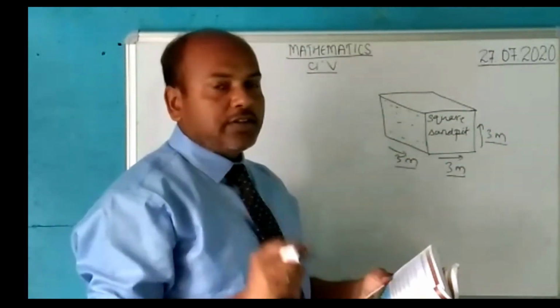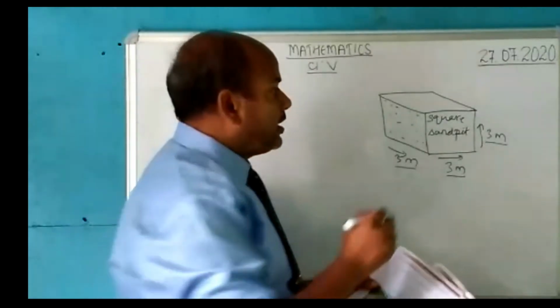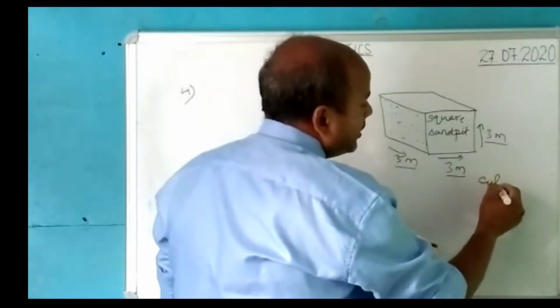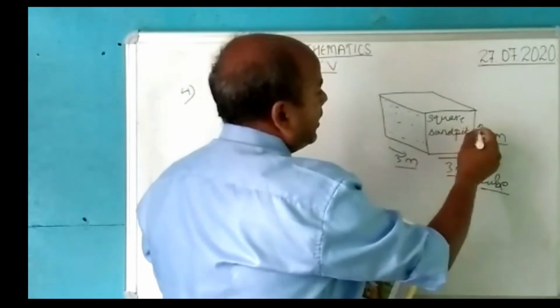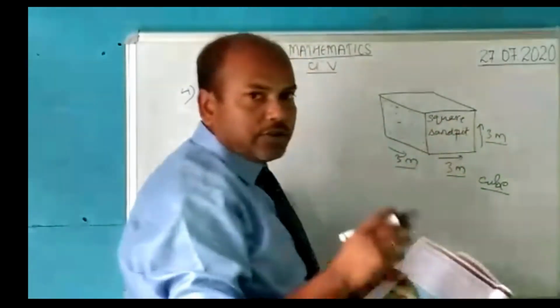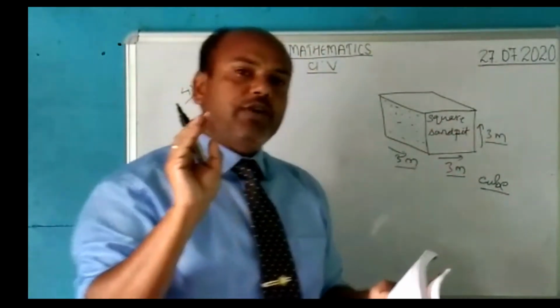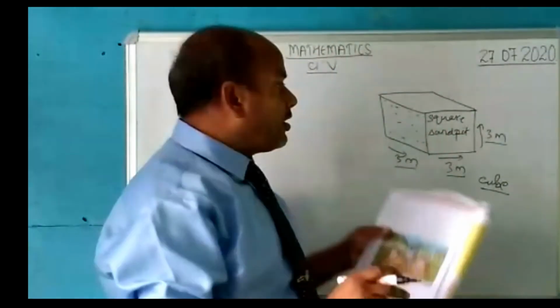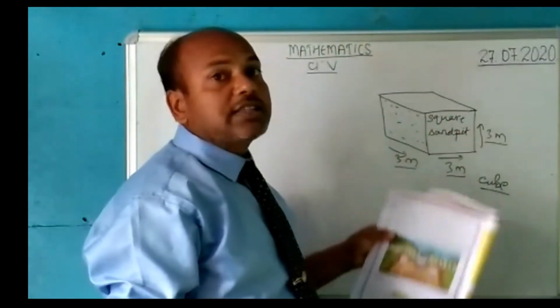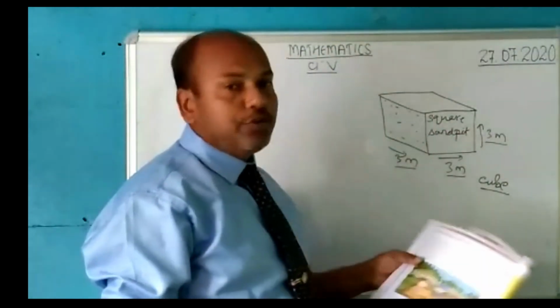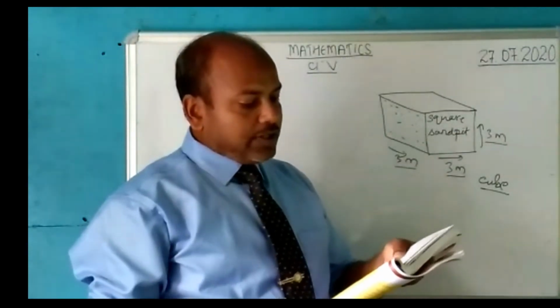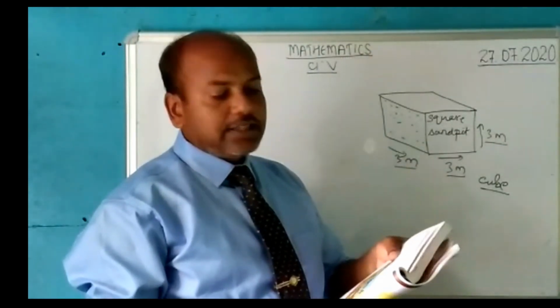And when a 3D figure is in the form of the square, that becomes a cube, because you have not only 3 sides, but you have got in fact 6 sides. So these are 3-dimensional figures. That means you have length, breadth and height, and since this is a square, all the sides are same, hence it is a cube. Now it is 3 meter long and 3 meter deep.